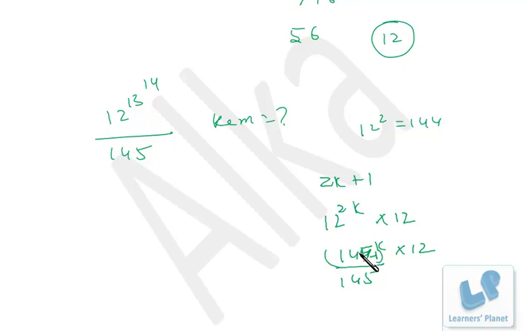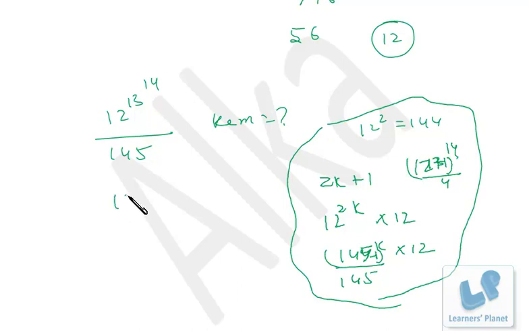So even if we take the 2 inside, the 12 will remain outside to make the outer quantity even, that is power even, right? So 13 raised to 14, if I divide it by 4, 13 can be written as 12 plus 1, right? So if I divide it by 4, the remainder will be 1 raised to 14, that means 1 only. That means 13 raised to 14 is in 4k plus 1 format. You got the story behind this, okay?